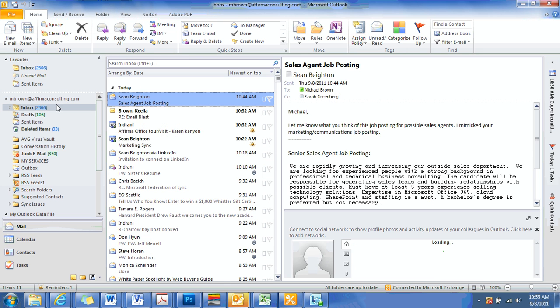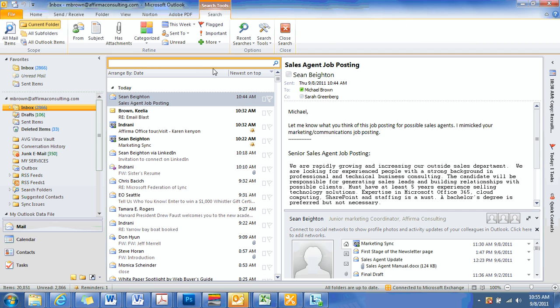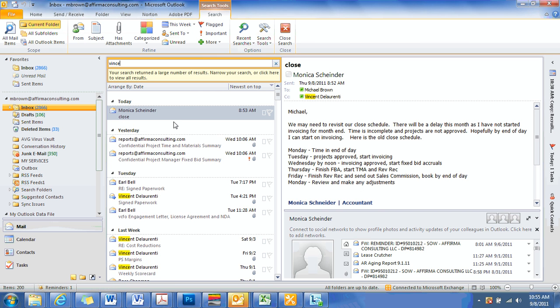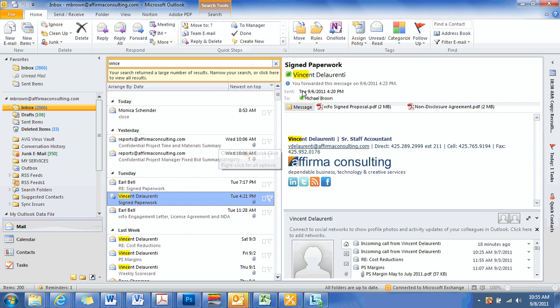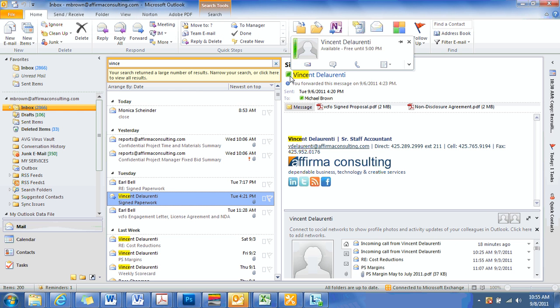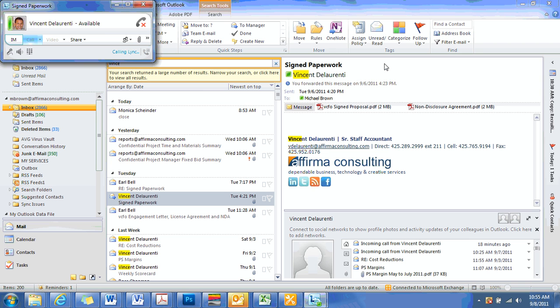Another thing about Lync that I really like is that it's integrated so well with the Office stack. So if I come in and I search for an email from Vince, and I click on Vince, I can see that the presence detection is already available, so I can see that Vince is available. And from this email, where we just signed some paperwork, I can actually call Vince and kick up a conversation specifically around this email. So when I call him, it's going to ring,